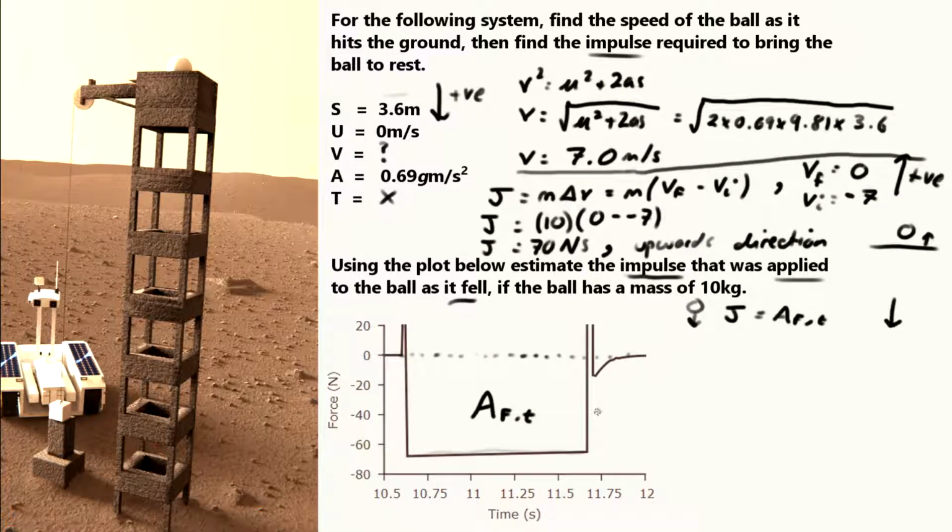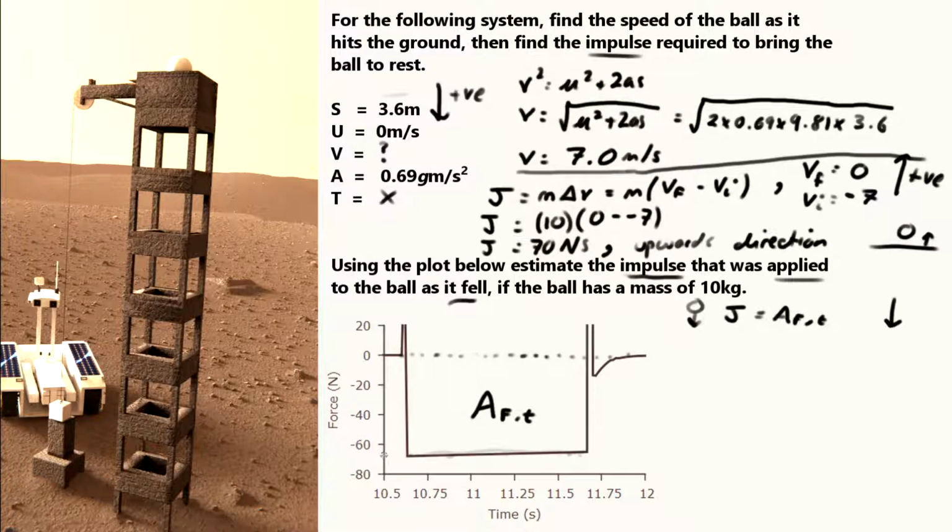This data has been extracted directly from the program I used to make this animation. That is why we actually switched our definition of the positive direction in the question above, to make it consistent with this question. Let's calculate our area. If we forget the fact that there is a slight variation in force over the second at the bottom here, if we call this roughly what it should be,